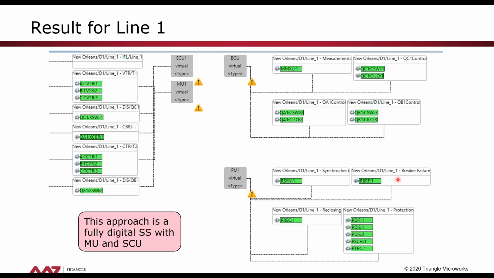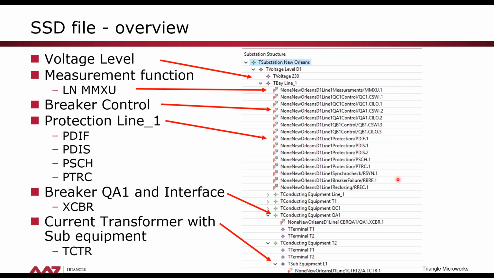failure function. And if we blend this in our hierarchical overview, we see here now a few of the elements. We see the voltage level. On top, we see the measurement function with the logical node measurement unit as part of that function. We see breaker control with the switch control and the interlocking logical node. We see the protection function that we created with a differential element, 2 distance elements, the distance scheme logic,